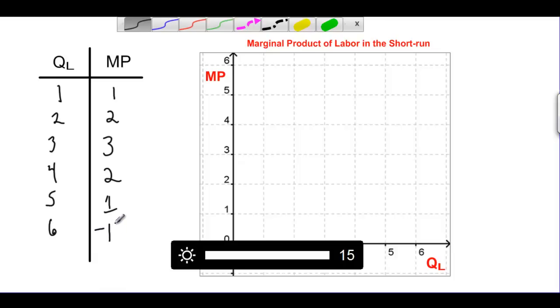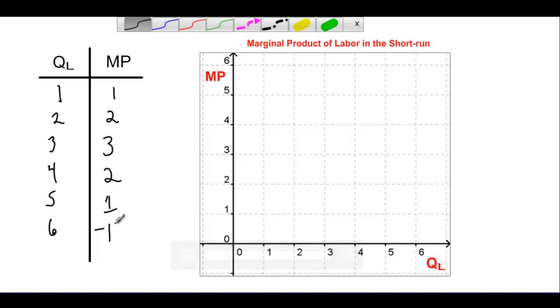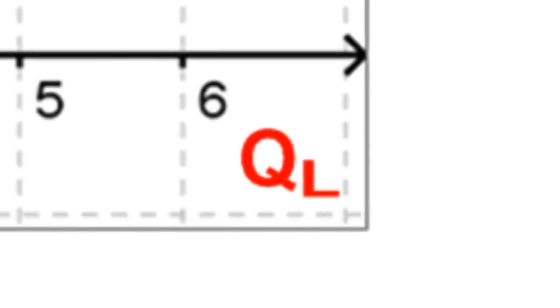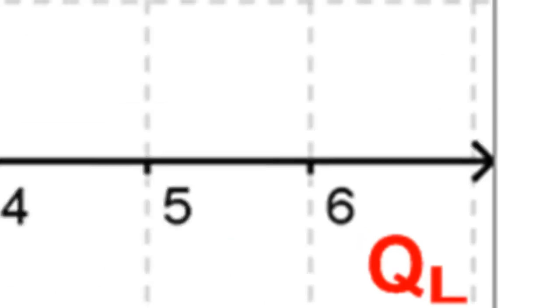The 6th worker led to a decrease in the total productivity of our truck factory. If we plot these points on our marginal product graph on the right here, we'll have a marginal product curve. Let's do that now. On our x-axis is the quantity of labor from 0 to 6 workers. On our vertical axis is the quantity of output attributable to each additional worker, or the marginal product, from 0